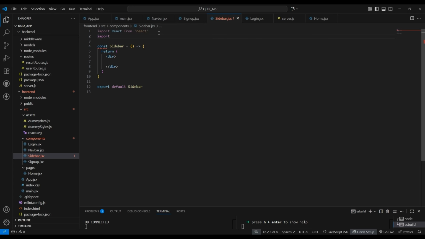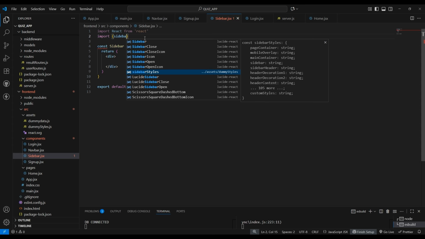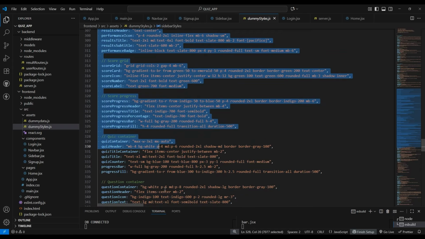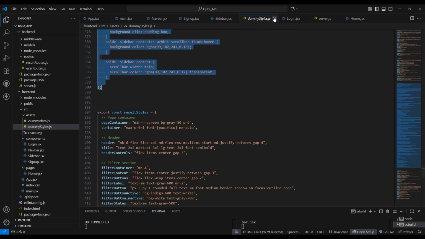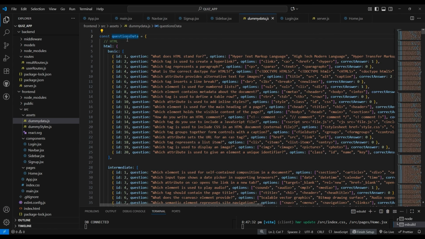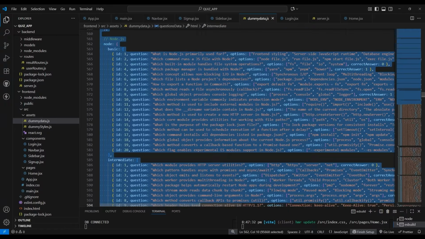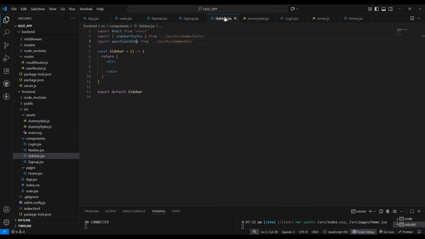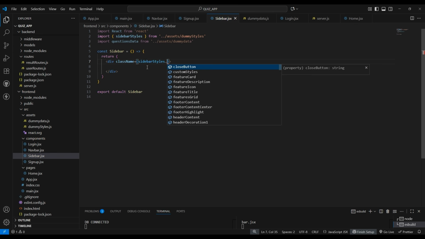Now type here import sidebar styles from our dummy styles. So here we are gonna use these particular CSS properties for our sidebar. Now after this, let's import here the questions data that is coming from our dummy data.js, that is coming from asset/dummy data. So here we have got multiple questions data for multiple niches here. So these both the files will be given in the description box, you can check there. So let's give class name to this div as sidebar styles dot page